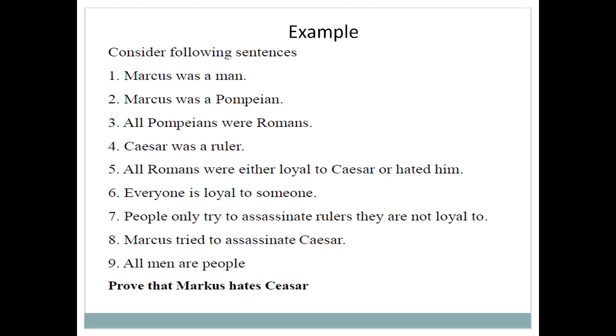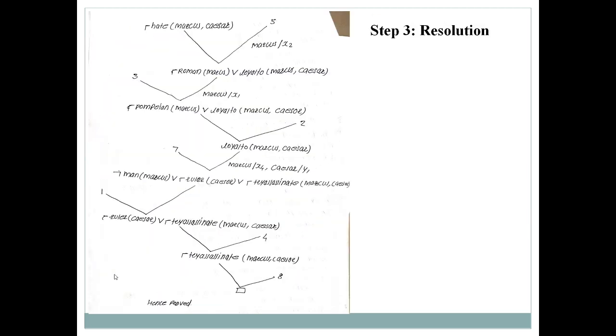And step 3 is what? Resolution. In the resolution step, for the statement that you have to prove, you have to take the negation of it. Suppose it is positive, you have to take negative. Suppose negative, then you have to take positive. And then you have to continue, you look for cancellation of the terms, and for that purpose you need to refer to the clause form, but you don't have to refer to step 1, that is the predicate logic form. You have to remember this. And finally you need to cancel all these statements, and suppose you reach the contradiction, that means you have proved that particular statement. So I hope you understand how to solve a numerical based on predicate logic. Thank you.